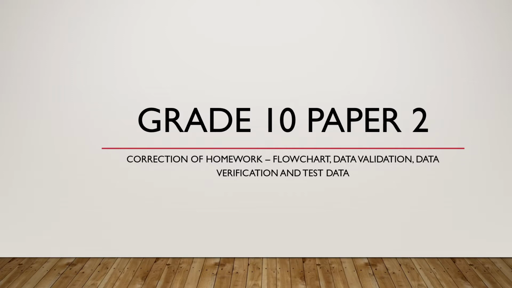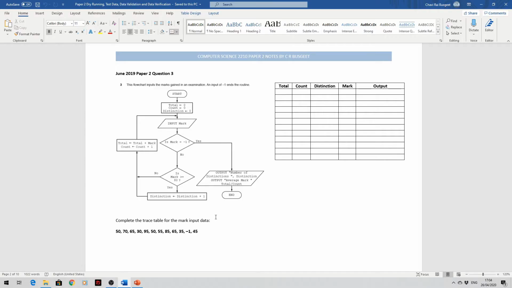For today we'll be looking at grade 10 paper 2: the correction of homework, flowchart, data validation, data verification, and test data. The first question that we had as homework was from June 2019, paper 2, question 3, whereby we had a flowchart and we had to dry run the values of this flowchart